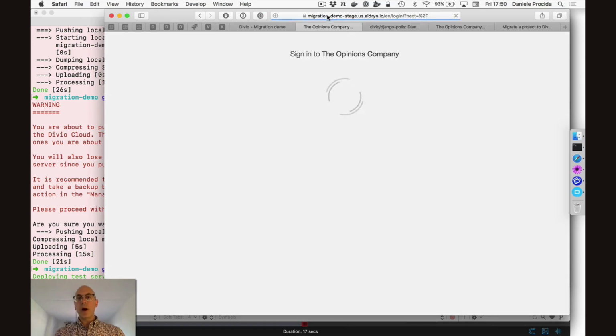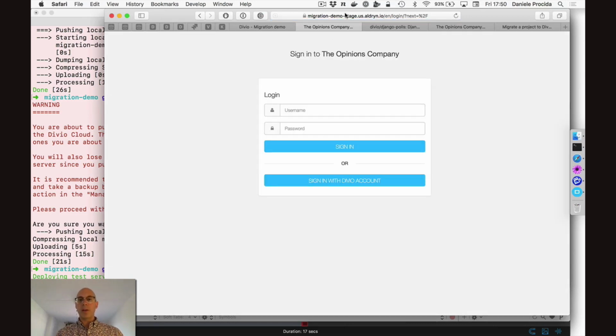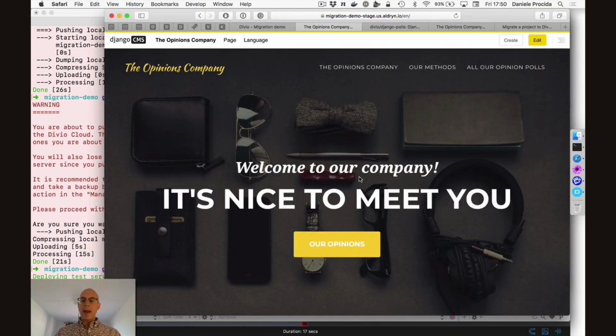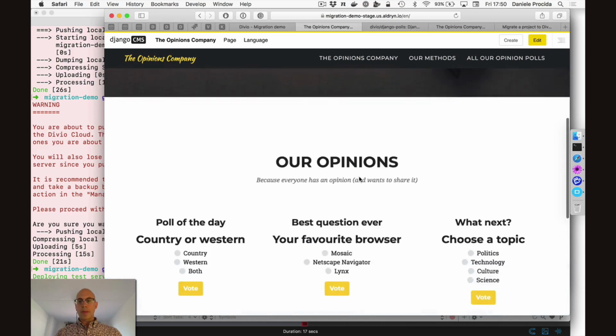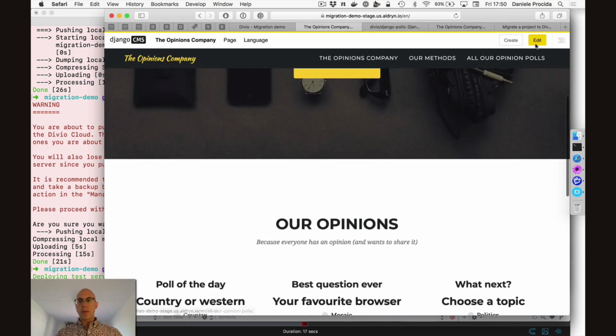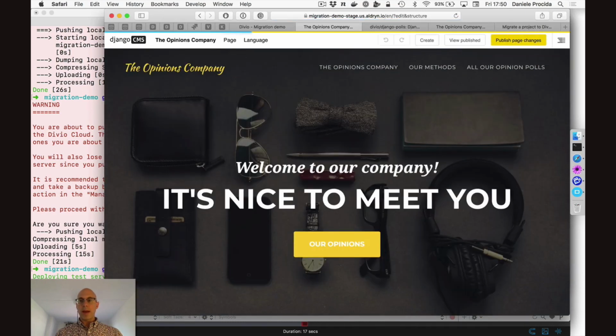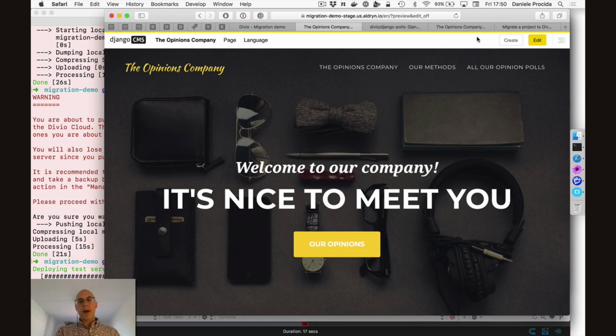And here we are on our stage server on the cloud. We'll hit that because I'm already signed in. So that's the single sign-on. And there's a project ready to use, ready to edit if I wanted to. And that's the whole process from a Django application, a Django project running locally, to getting it deployed for real